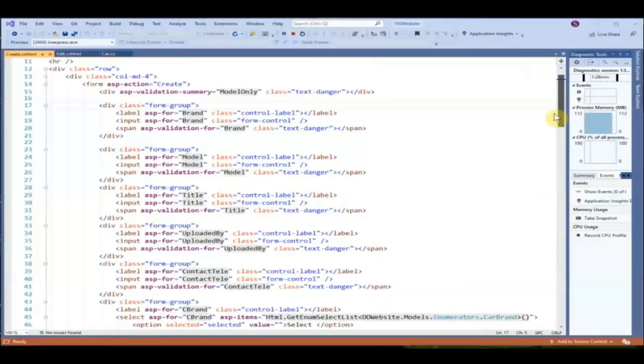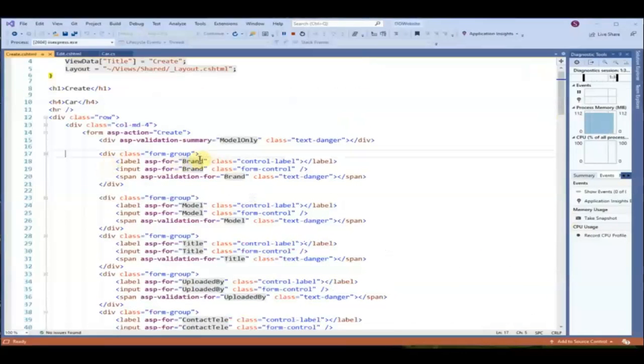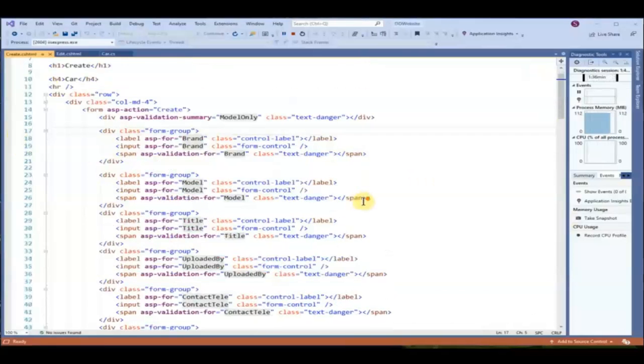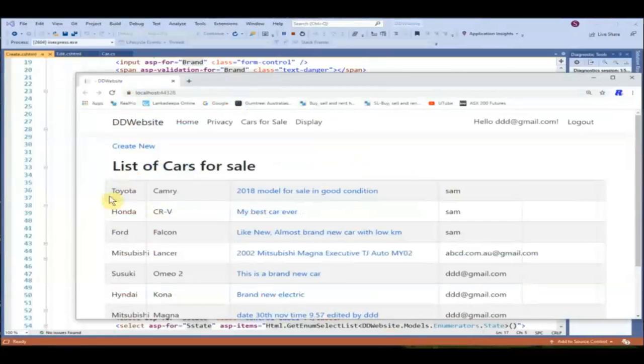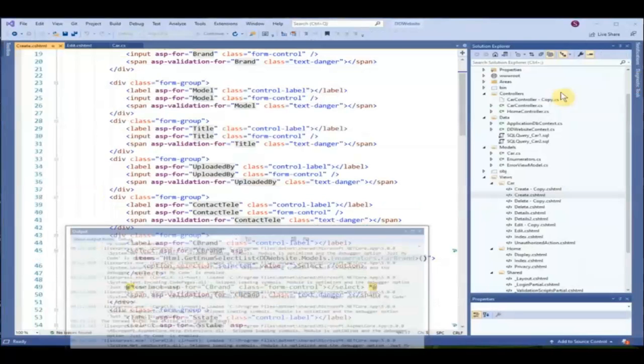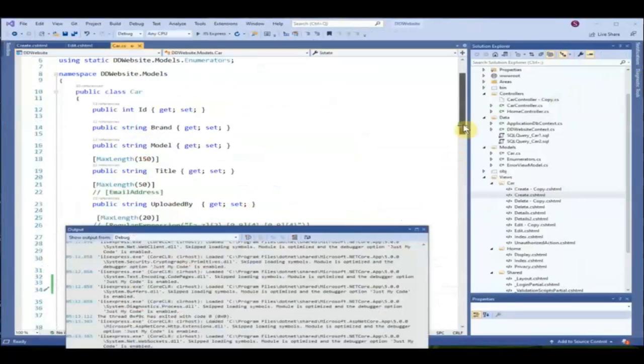One thing is, because here the brand is text, we want to disregard this one and use the new enumerated list so people can select that one. So if you look at the list, it is coming to here, so we will change that. So the new car brand will come to here. And that's all. And the other thing is, we want to stop somebody